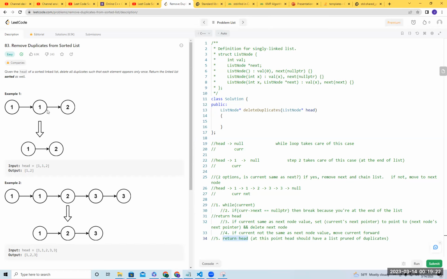And we're using numerics in this case, but you could do it with sorted strings, like if you put them in alphabetical order. So really you could do it with any data type. And then we're going to return the linked list sorted as well. So we want to prune or remove all of the duplicates, and we want to keep it in sorted fashion. So for example, this list of 1, 1, 2, we want to go ahead and remove